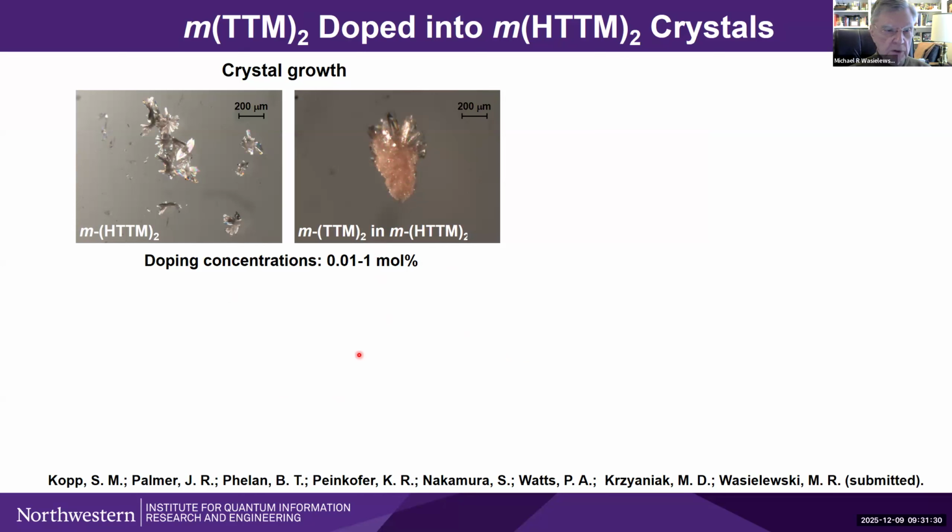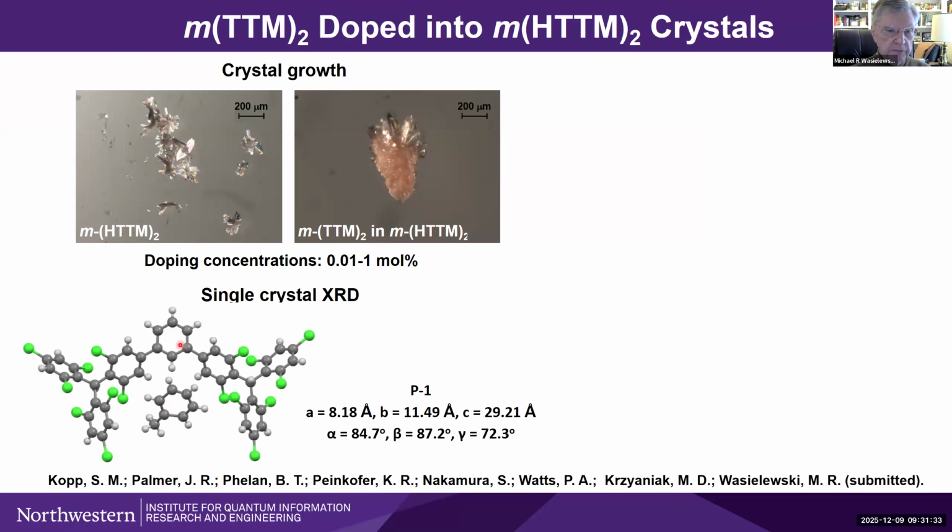So I show once again the XRD of the original TTM system here with some of its parameters. The important point I want to make is that the shape and size of the precursor is essentially identical to that of the diradical dopant, so that replacement of the diradical into the lattice of the host molecule fits really well. Is it isomorphous replacement where everything's bang on exact? Probably not, but it's pretty close, as you'll see in a moment.